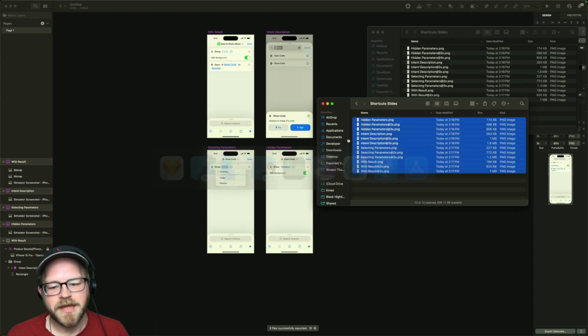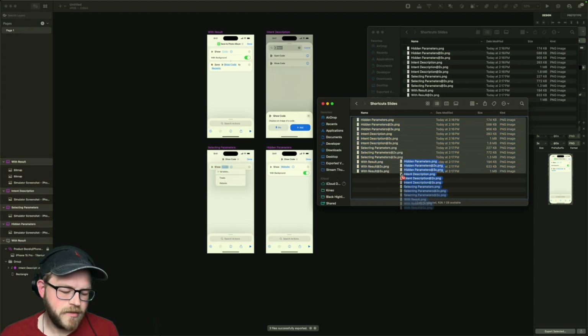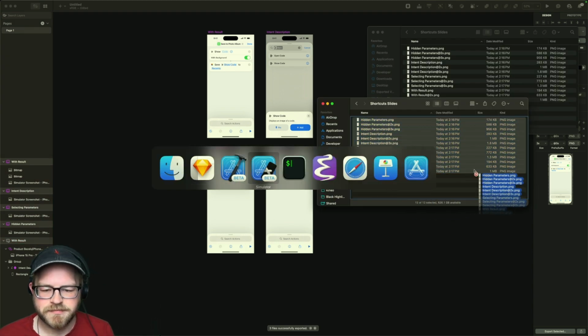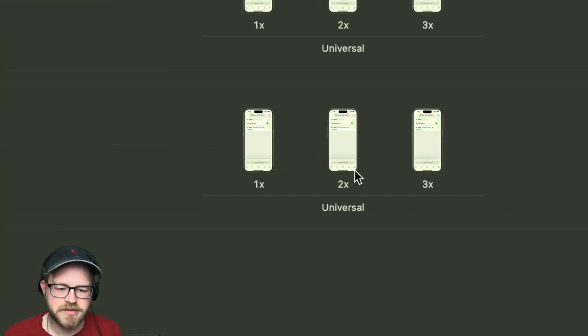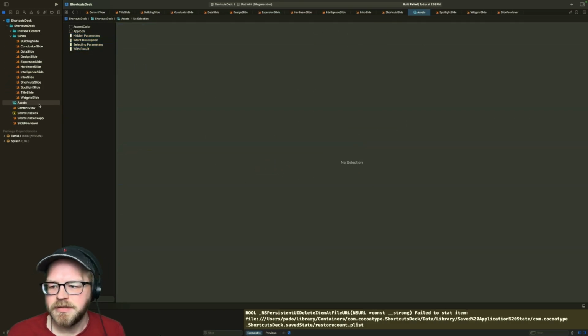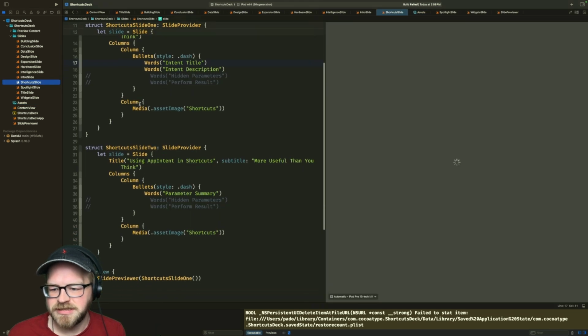Okay. Now that we have that, now let's try this again. And look, now they don't have black boxes around them. Hurrah.